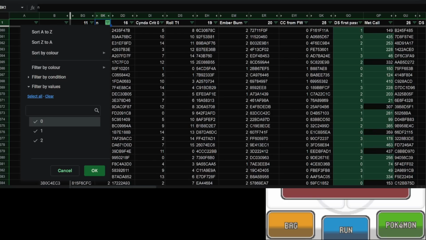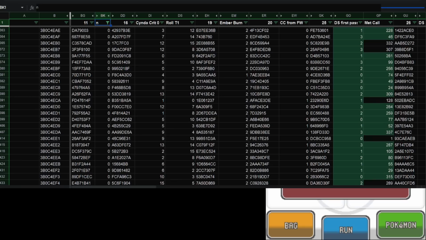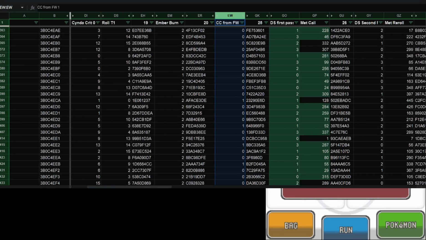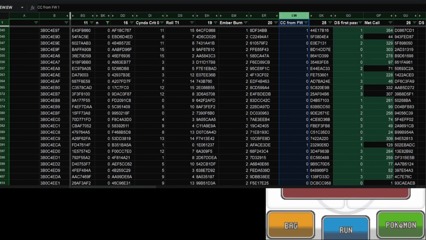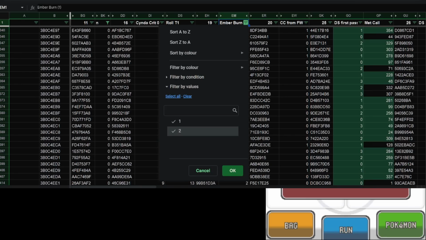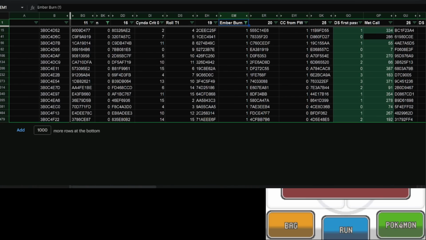Not only that, but the first turn against Whitney, you're hitting her with Flame Wheel. So you're looking at chances to burn. You're also looking at, does Cute Charm activate from Flame Wheel? You know, does the Double Slap miss, etc., etc. So if you're looking at all of these different seeds, and because the Whitney fight as well is deeper into the run than Faulkner, you're looking at a higher frame window that you could be hitting. You're looking at more than 150 wide, because the lag frame variance is going to be higher by the time you get to Whitney. But so if we're looking at, say, the Flame Wheel burns, and then we're looking at,